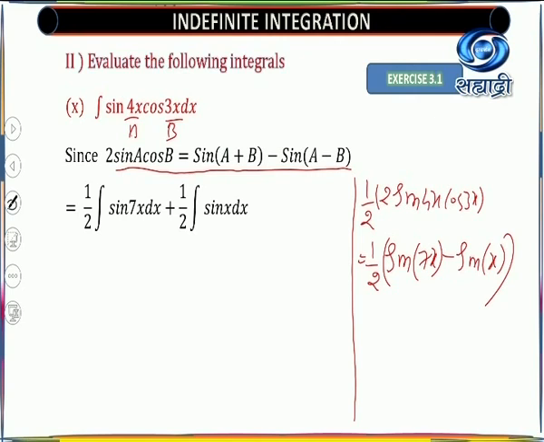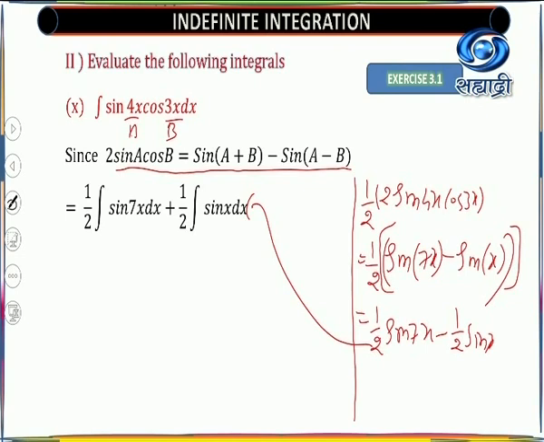Now look here. You got this value half, sin 7x minus sin x, where half is multiplied to the complete bracket. So you will get this as half sin 7x minus half sin x. Look here. So you substitute this value here. You will get half integral sin 7x dx minus half integral sin x dx. Okay. So you will get this value and you will integrate this.